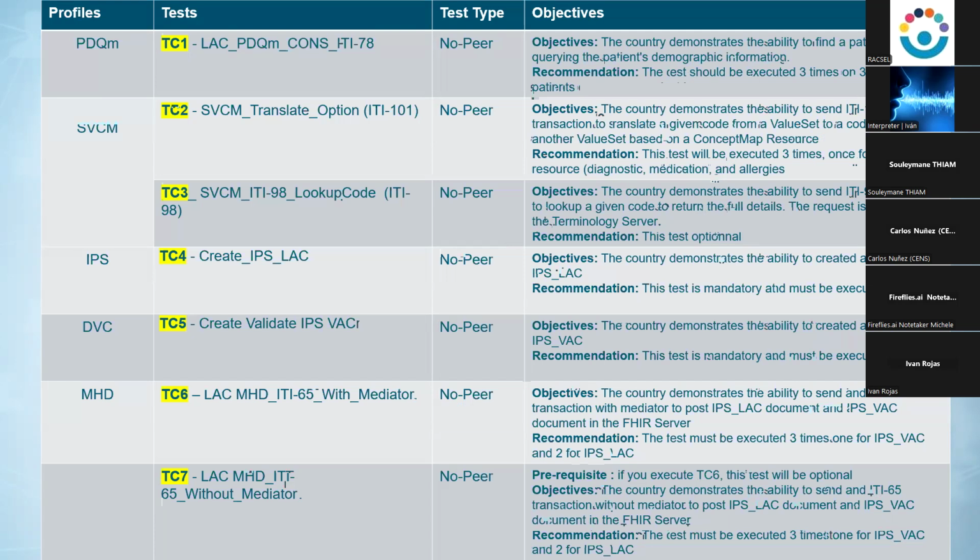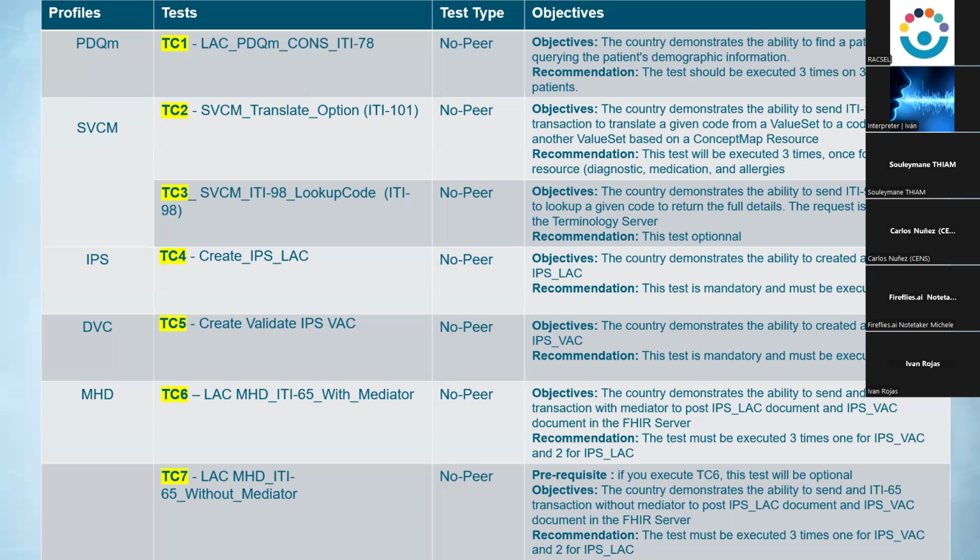After TC1, test case 1, you can switch to test cases 2 and 3. Test case 2 is mandatory for each country. Each country needs to demonstrate the ability to send the ITI-101 from their system to the terminology server.